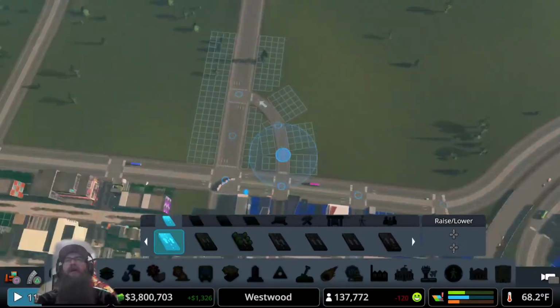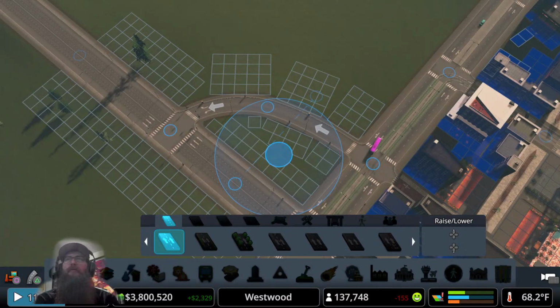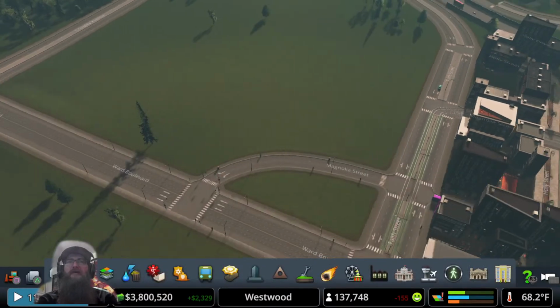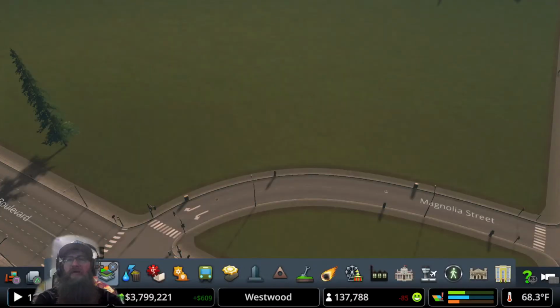So, all right, we're going to get that road like that. I like the way I did the road here in my original build, and I'm going to keep it that way because it allowed me to have a little bit of parking. And I'll show you here. We'll go with it right now. We're going to go ahead and throw our